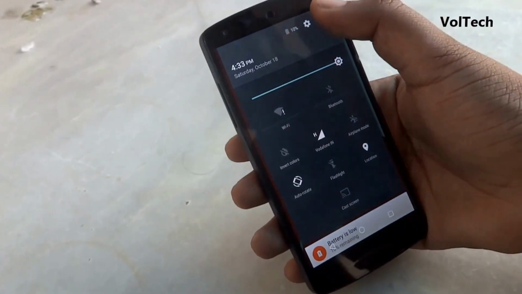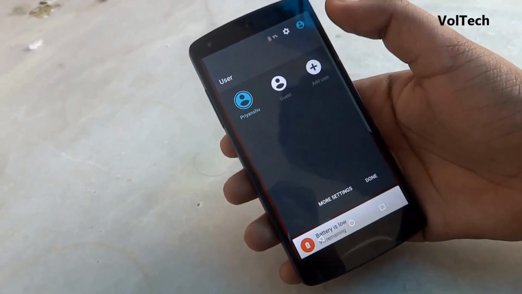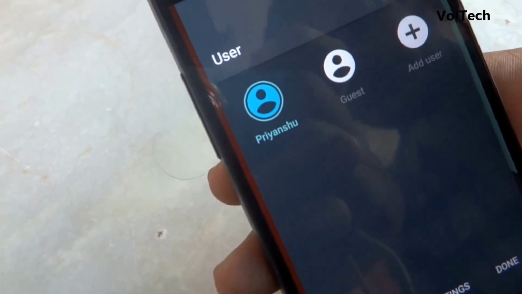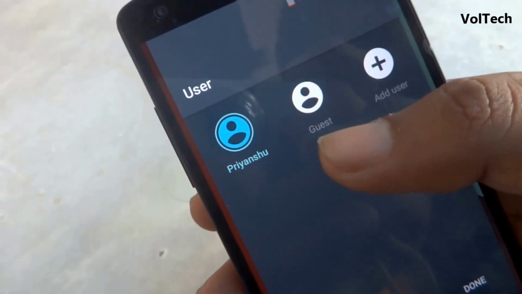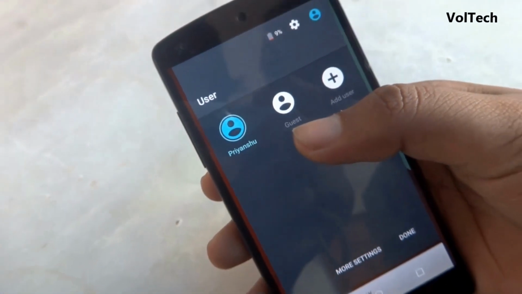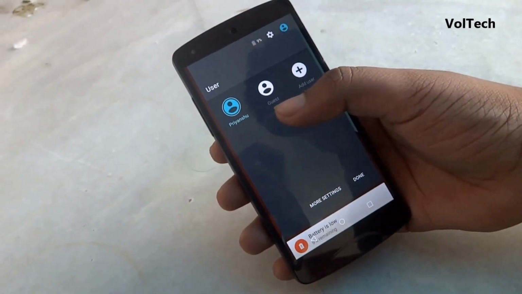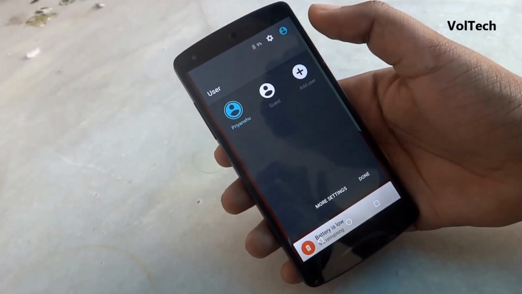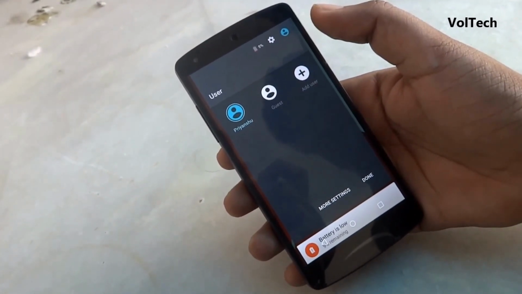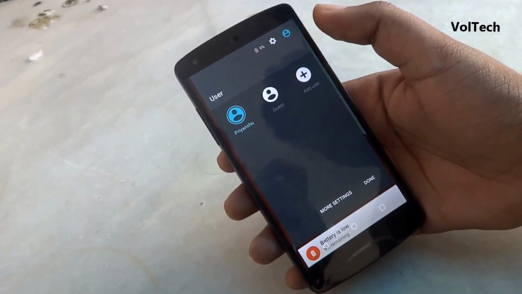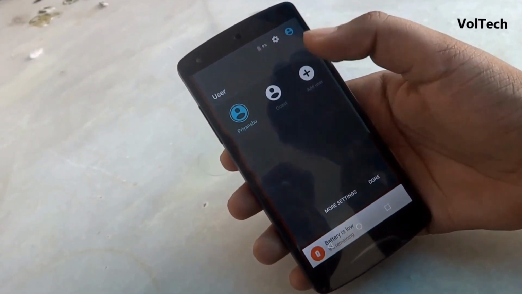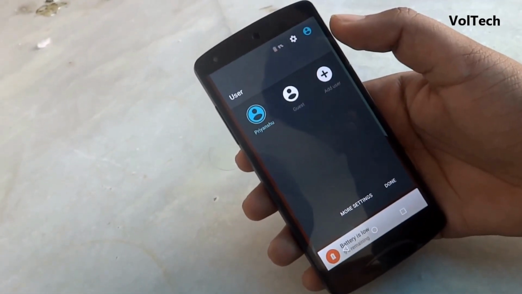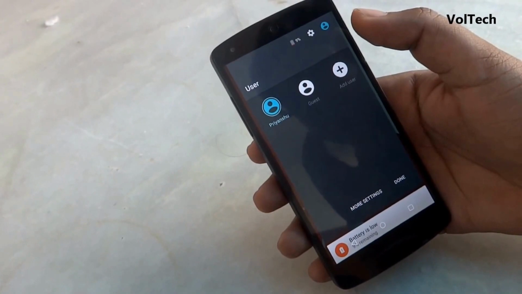Now they have added this option for selecting the user. One is the owner of the Nexus, that is me here, so I have selected myself. You have the option of selecting the guest as well. In this you can disable or enable particular features that you want the guest to use. So suppose you don't want to share your images but somebody wants to check out your phone, then you can just select the guest profile, disable the viewing of images in it, and then he won't be able to see the images, but he will be able to use the other features that you would have got when you have this ROM for the first time.